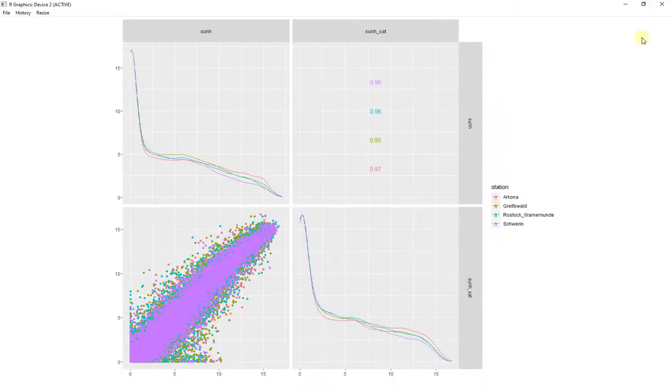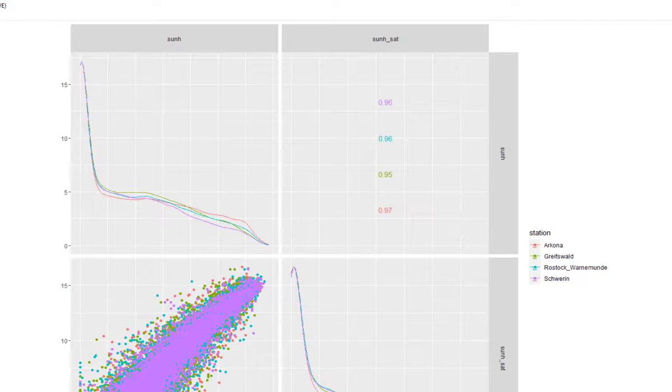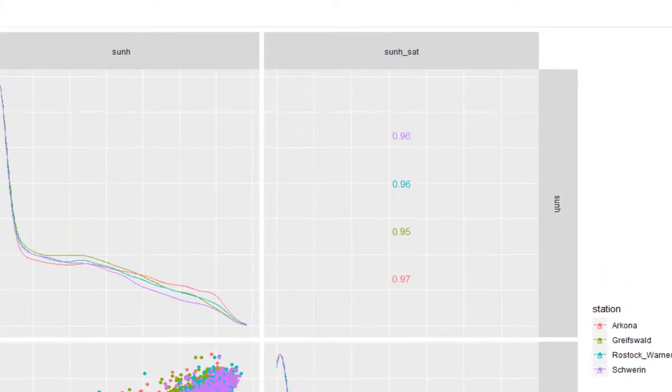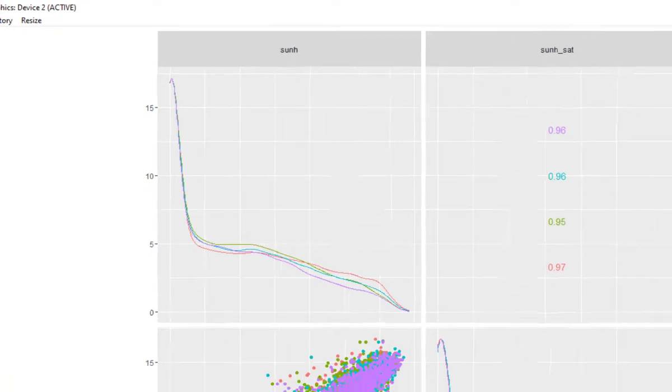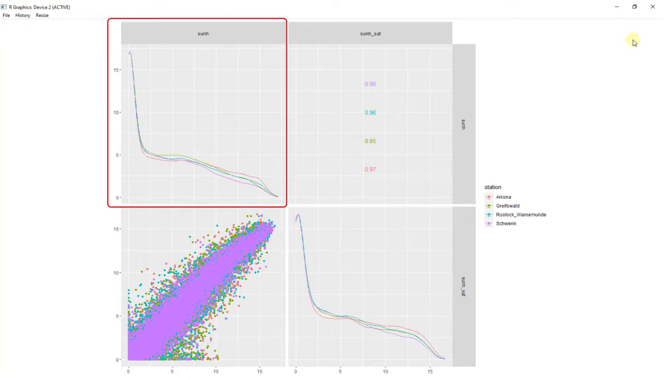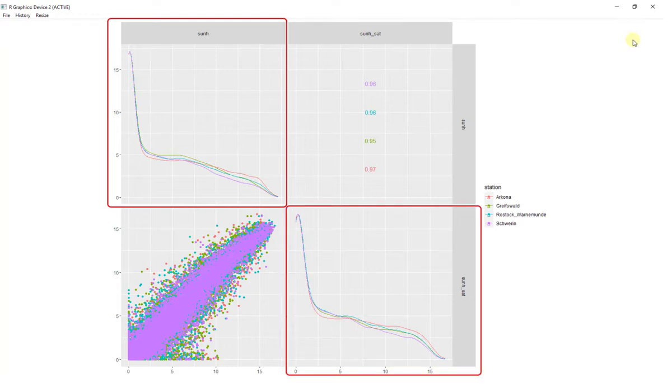The results look very good, rather exciting even. The top right shows the correlation at each station are very high. The top left shows the shape of the distribution of sunshine hours at the station. The 4 lines are close together, so the pattern is similar for all the stations. The exciting result is that the shape is also very similar to those of the satellite data in the bottom